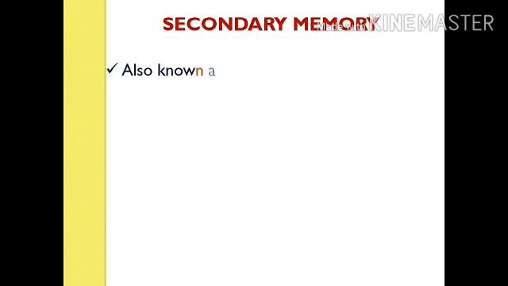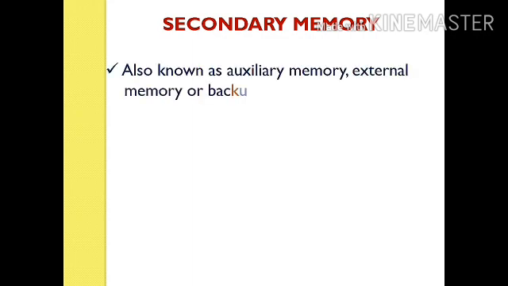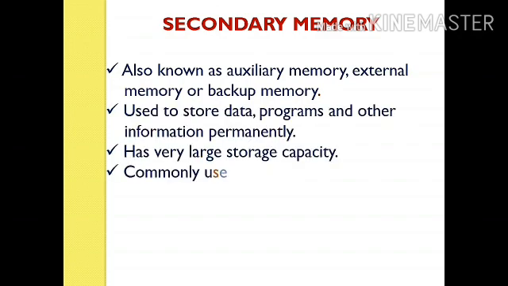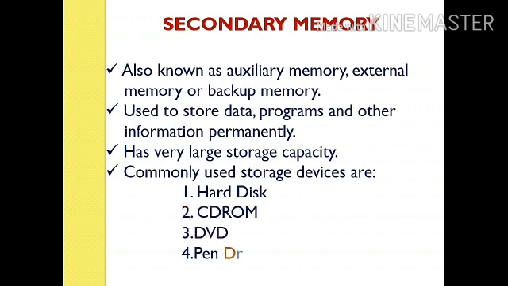Secondary memory is used to store information for a long period of time. It is needed because the internal storage of a computer is insufficient to store and save large amounts of data for future reference and retrieval. Hard disk, CD, DVD and pen drive are common kinds of secondary memory.